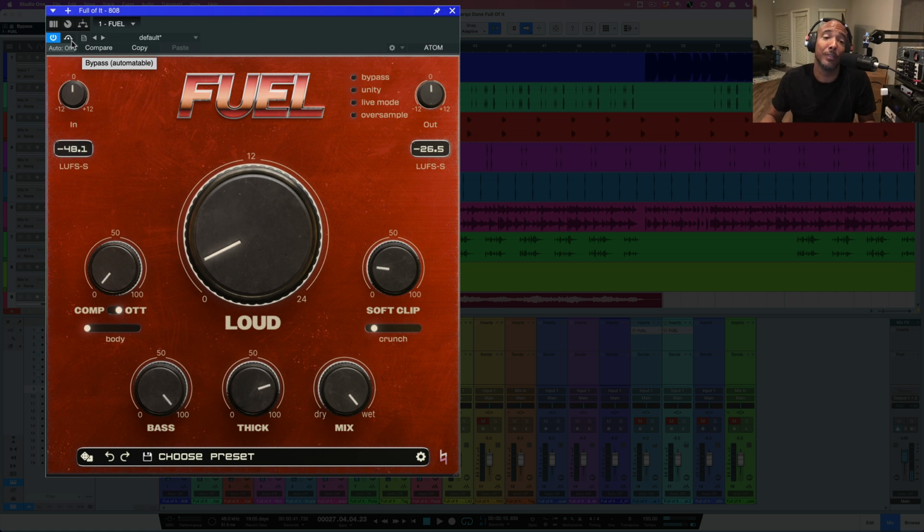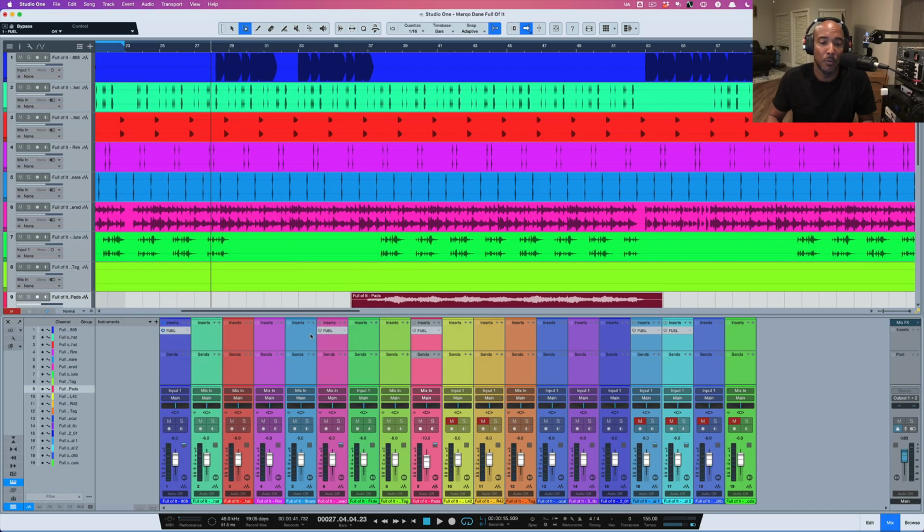All right, huge difference there. I really like what this does to 808s, especially adding that crunch as well as the soft clipping, thick bass. A lot of nice options for 808s. Let's move on to the next track, which is,